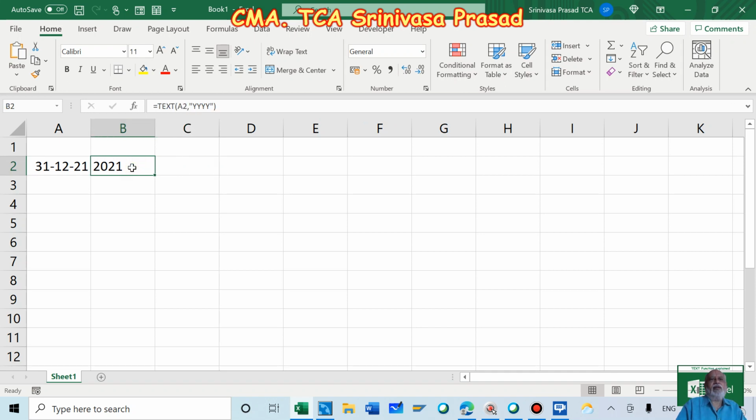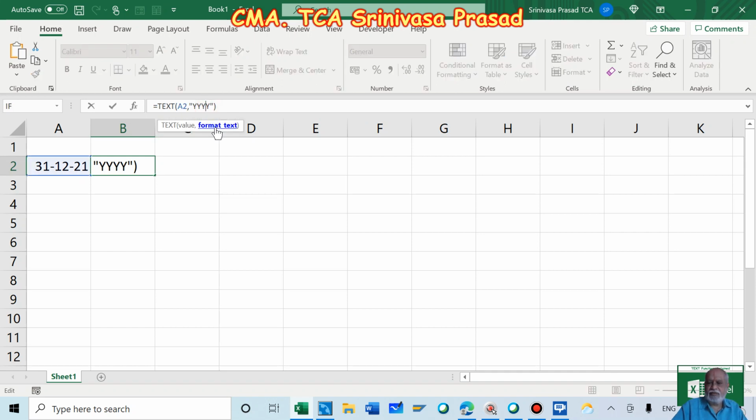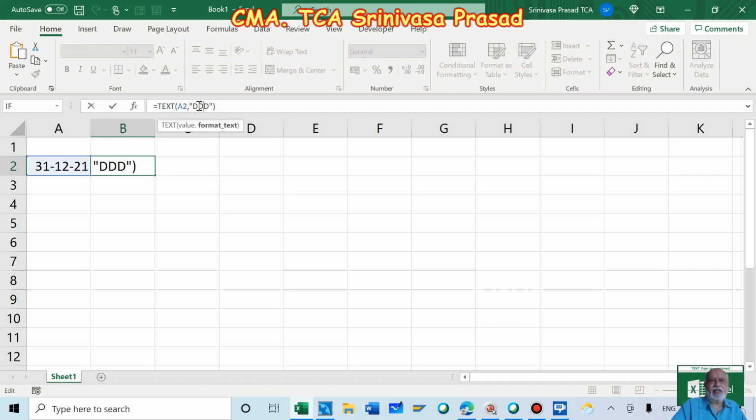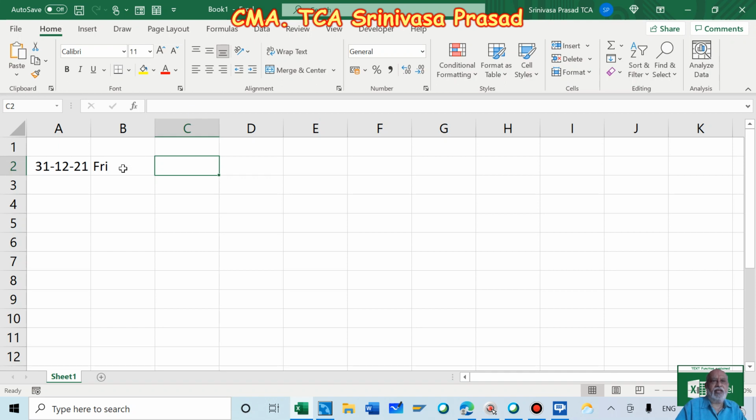Now let's come back to a particular date. Keep this as the 31st December. We have already seen that when I give it as dd, it gave me 31. What happens if I give one more d? Then it becomes Friday.